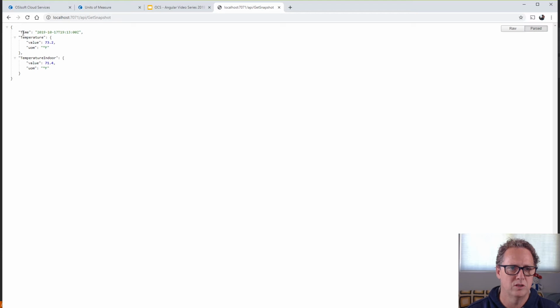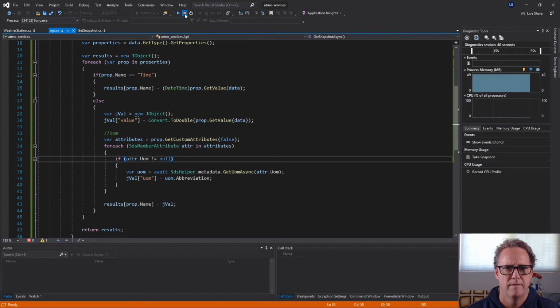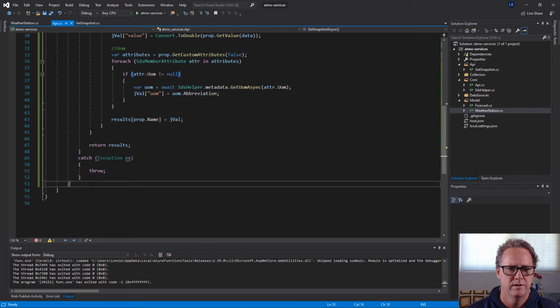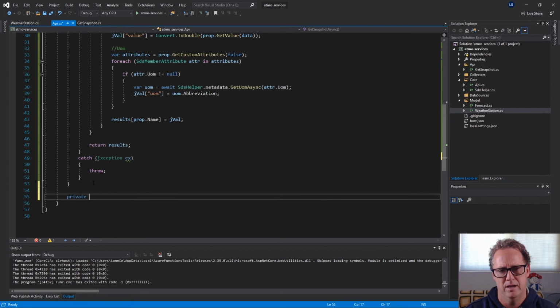So the last thing I want to do is drop these first letters to lowercase. That's the convention with JSON data, and then that'll make this all set, and then we'll be moving into our next part. So let's go ahead and come back to our project here, and here we'll create a helper class, and it's going to be static string, and we'll call this first character to lowercase, and we'll pass in a string value,